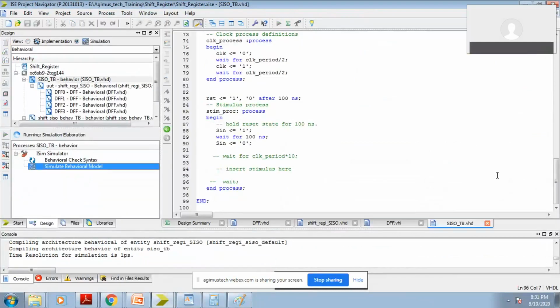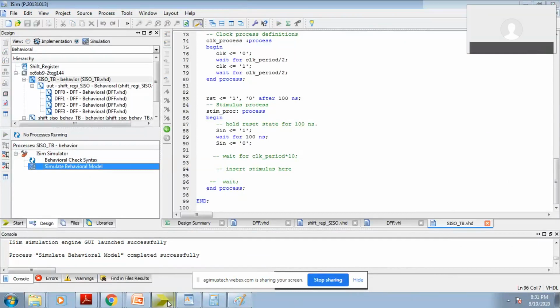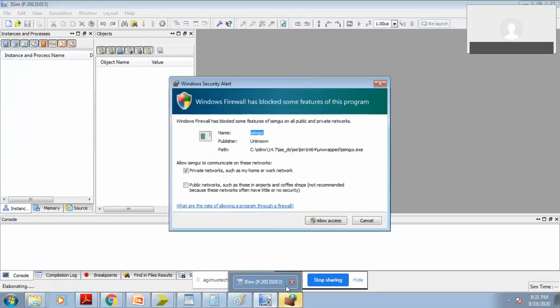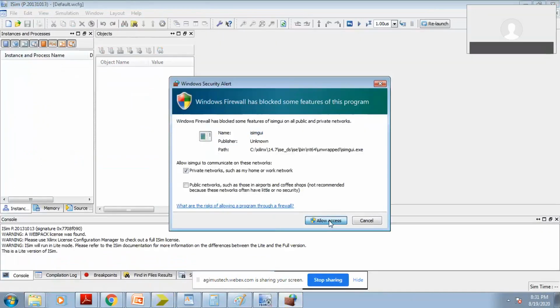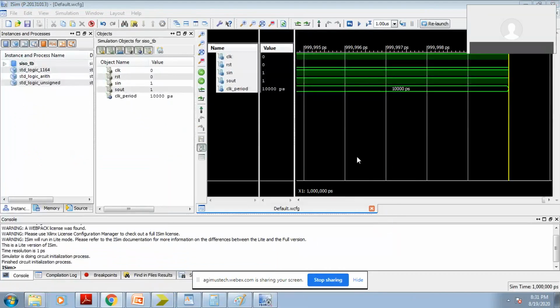So when you want to add a clock divider, at the time of simulation you just take care that the clock divider should be only divided by 2, not more than that. Yeah.